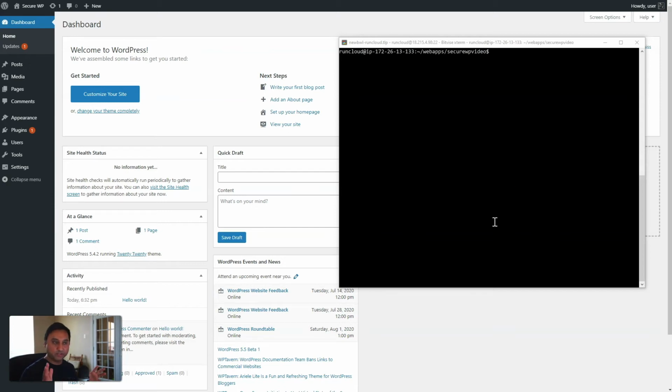Now, by default, when you are creating content through the WP admin dashboard, WordPress already has a security feature where it will not allow PHP files to be uploaded through the admin dashboard. But if you have a poorly written plugin or perhaps a poorly written theme, then attackers could use those security holes to save files into the uploads folder and have them executed, which is what we don't want. So let's add a security rule inside the uploads folder to prevent any PHP files from even landing there